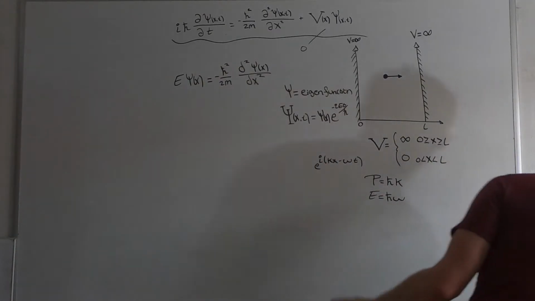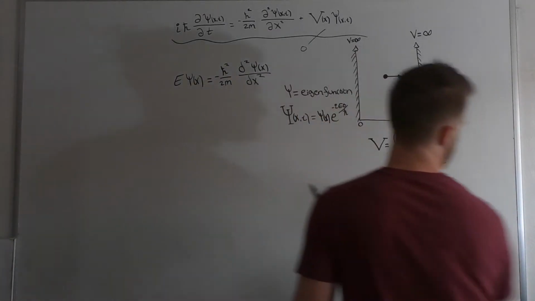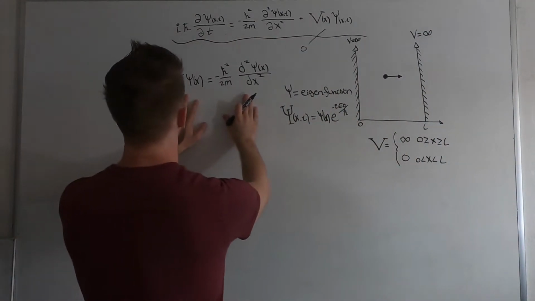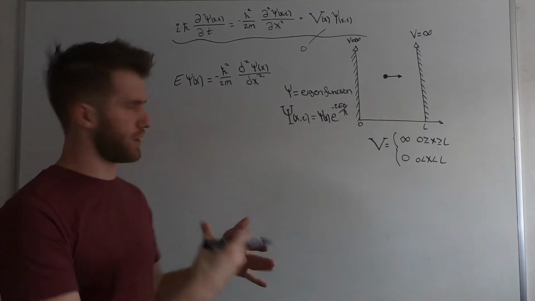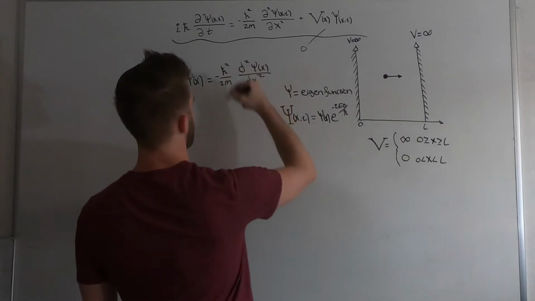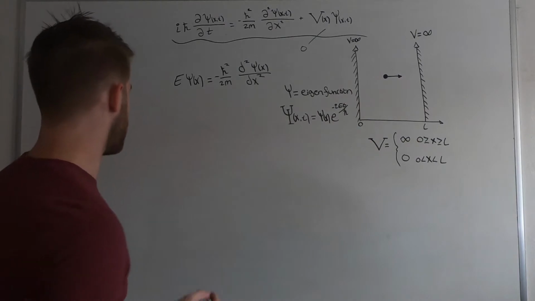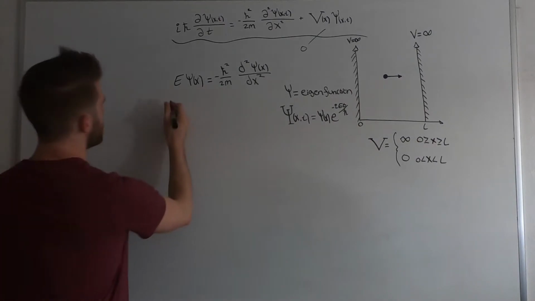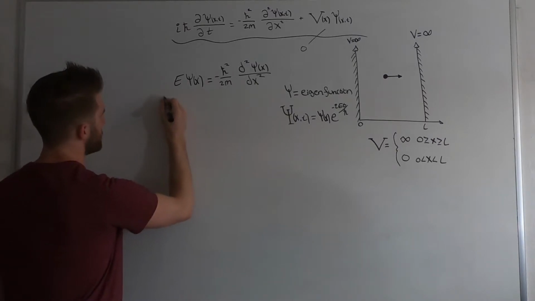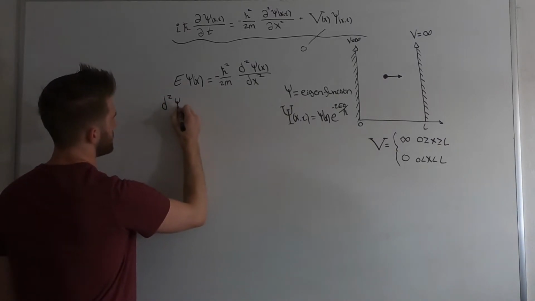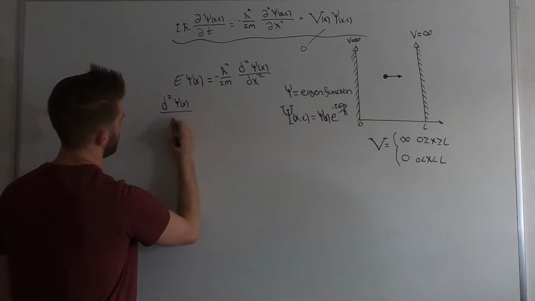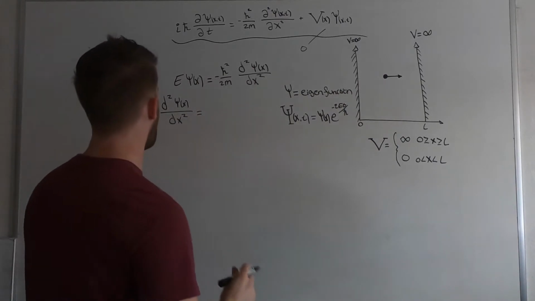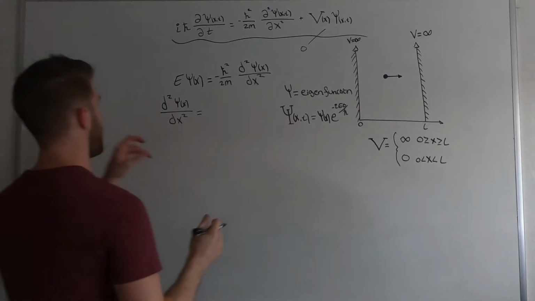But for now, we're just going to keep going. So now what we have here, we need to rework. We're going to solve for our second order differential equation. So we are going to move this all over to the other side. So we're going to have d squared psi of x over dx squared, which is equal to, now we're bringing these over, and we're going to have